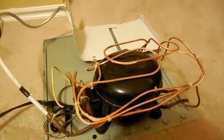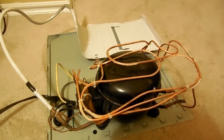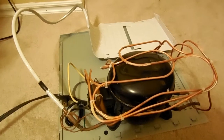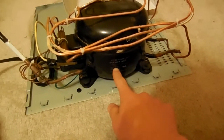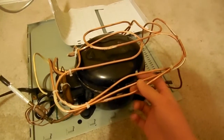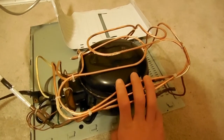Peltier thermoelectric units will generate about a 30-degree differential between the hot and cold sides of it, and they're quite inefficient, and that's all they do, and they suck up a lot of power. This thing just takes 3.3 amps. The LRA is 3.3. But this thing will produce about a 100-degree differential in temperature between the hot and cold side. The other day when